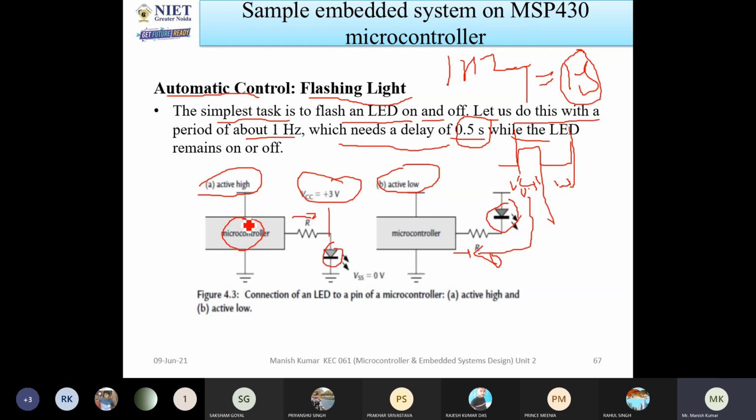Whenever you are going to connect an LED, before that you put a resistor. This resistor limits the current. Otherwise, if you do not use the resistor, the LED might get damaged. To avoid that situation, you use the resistors.